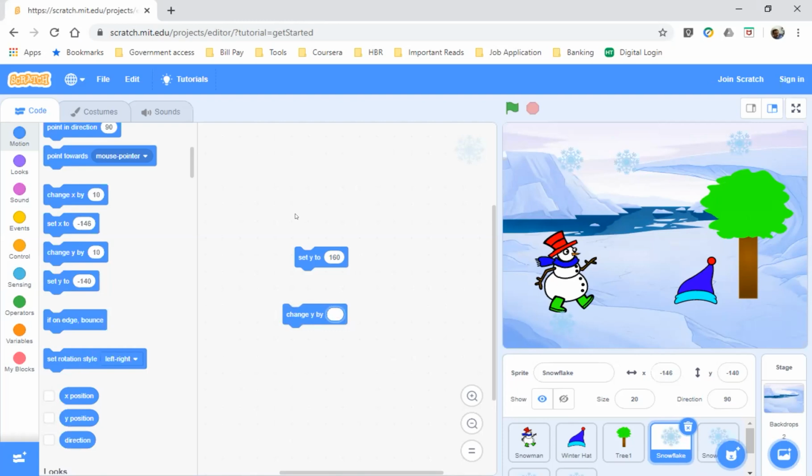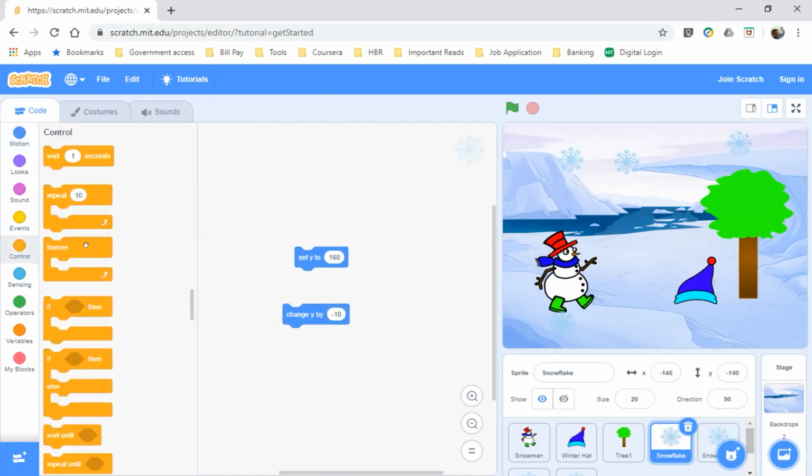Then go to the control and say repeat. Put this change inside this. Very good. Now attach this over here.